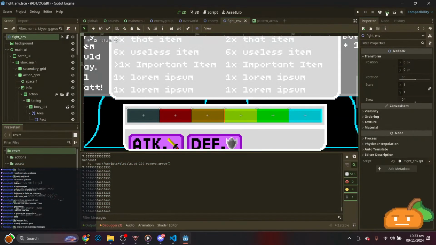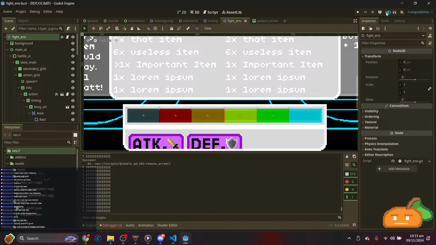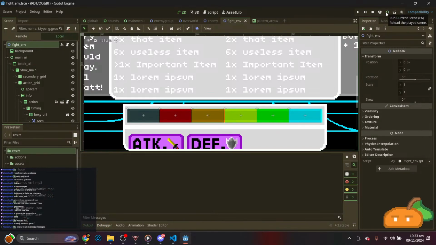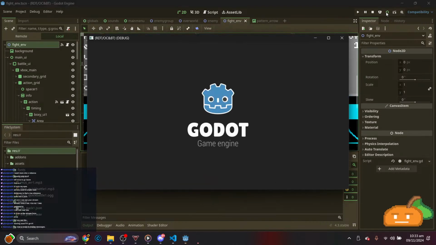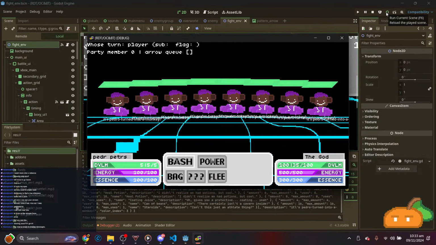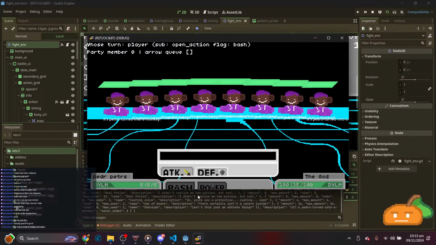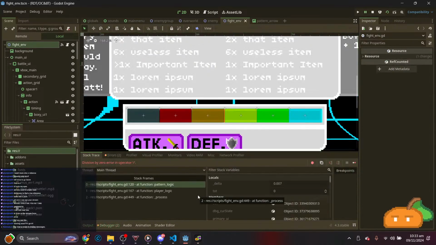So if I run the game, hi Kanj, I'm just gonna work on this combat system. Oh, that's a lot of things to print. Alright, so let me